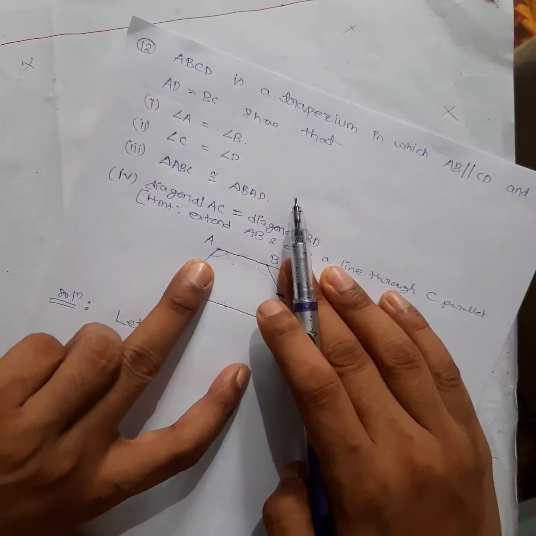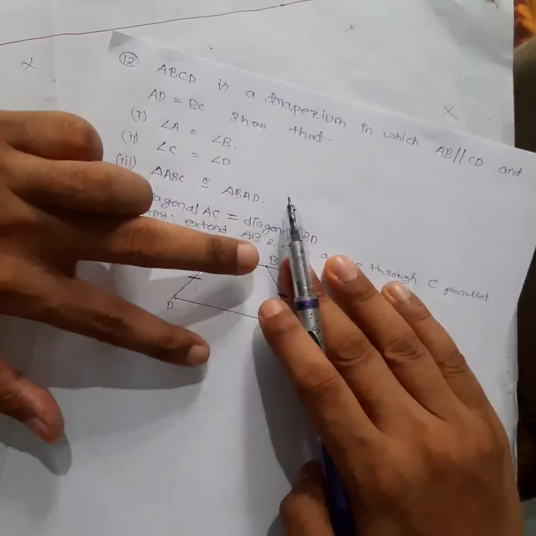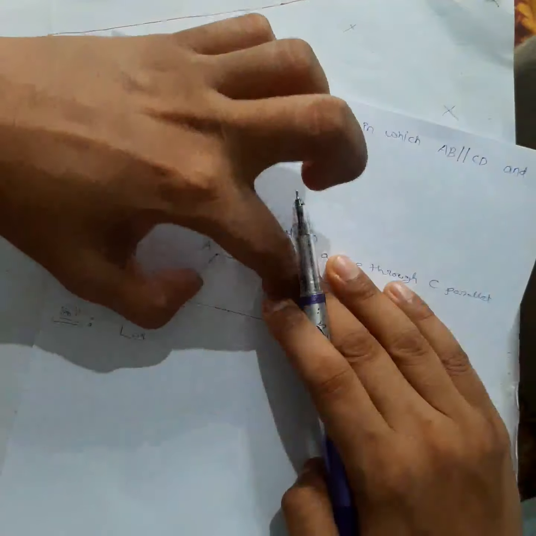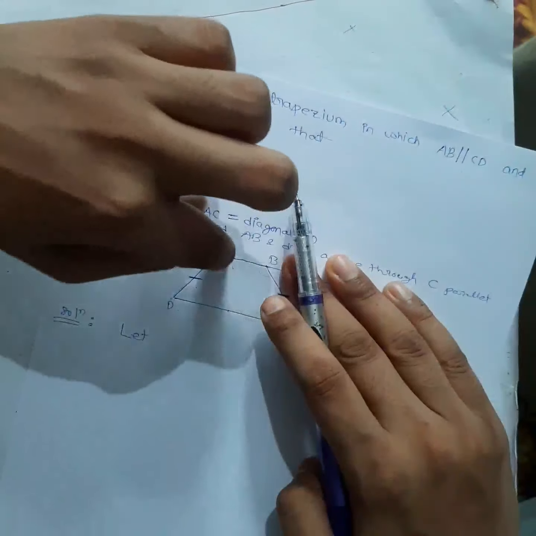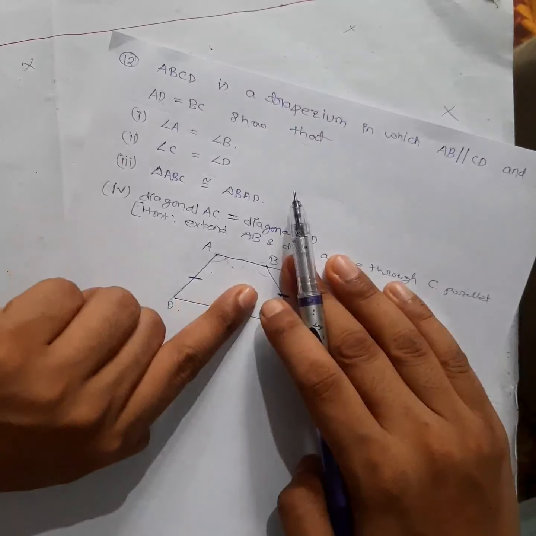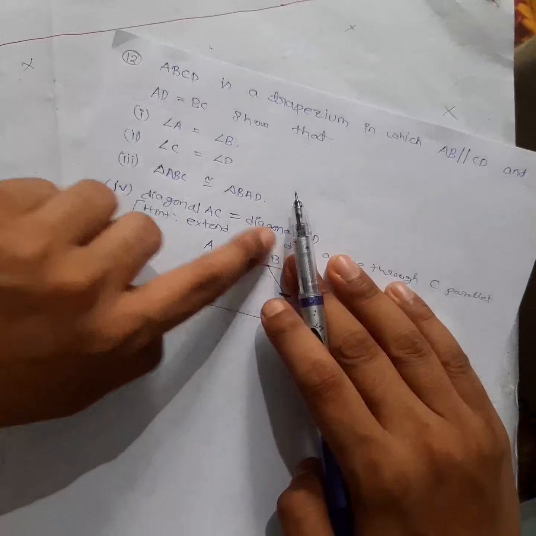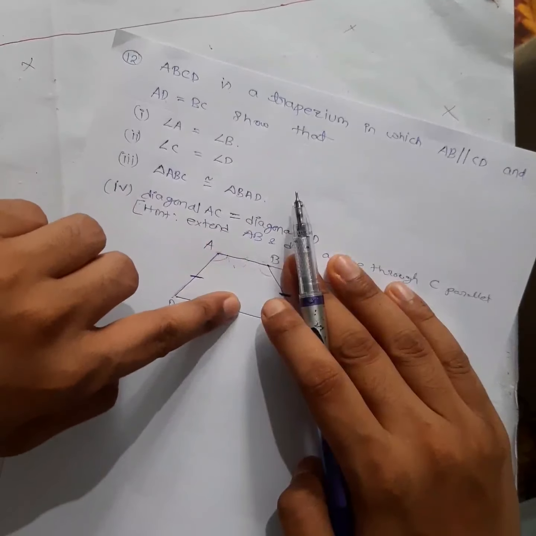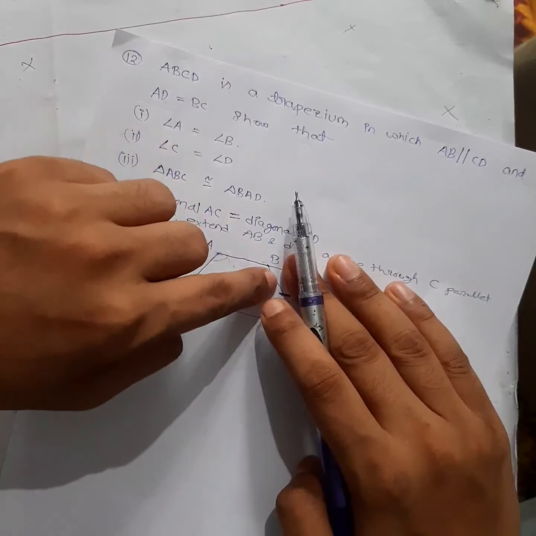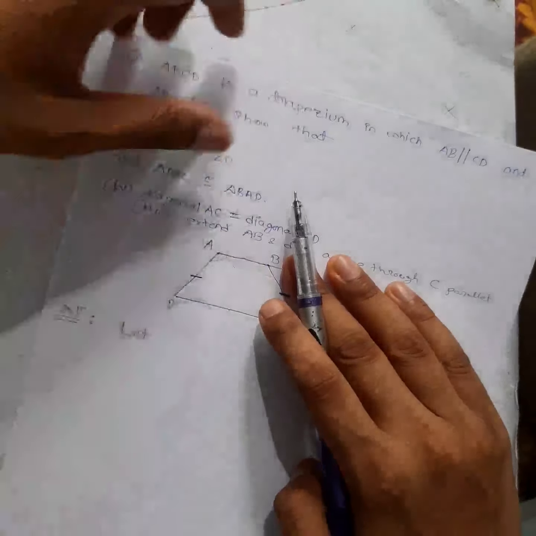Suppose A is equal to B. To show this I have only two properties here. What is that? This pair parallel and these two equal. With this, how will you prove this and this equal? If you draw a diagonal also, it's not possible to show this one equal because I don't have any property. With this diagonal I can make the property of alternate angles, but it's not possible to show this angle is equal to this angle, but you can still try, okay, so that you will get an idea.